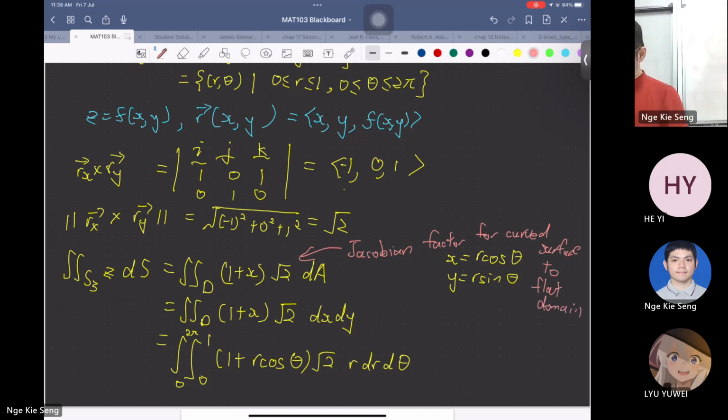The second one is a Jacobian factor for a change of variables, a transformation. A one-to-one transformation of variables